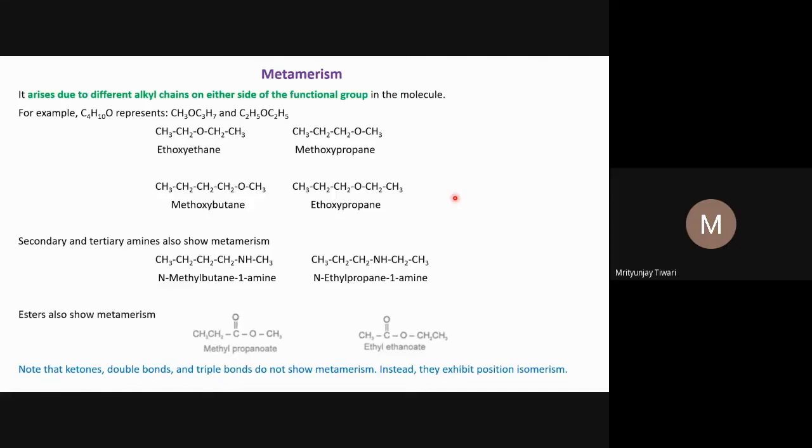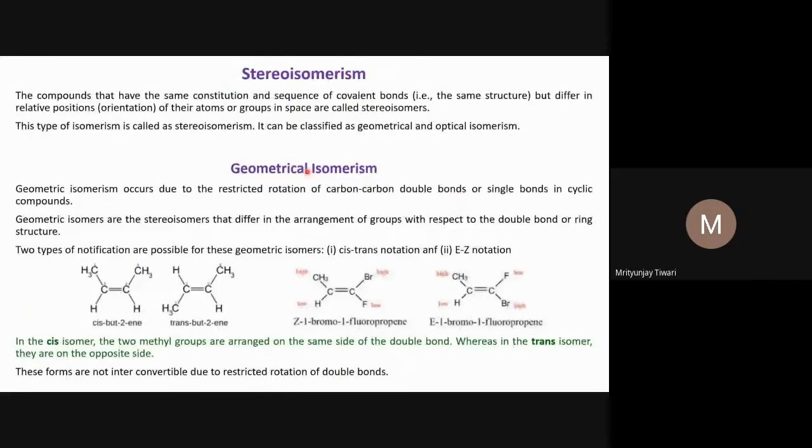Similarly, one can also follow certain rules to understand whether two different compounds show geometrical isomerism or not, or whether they show optical isomerism or not, and what those rules are we will see in detail in our next